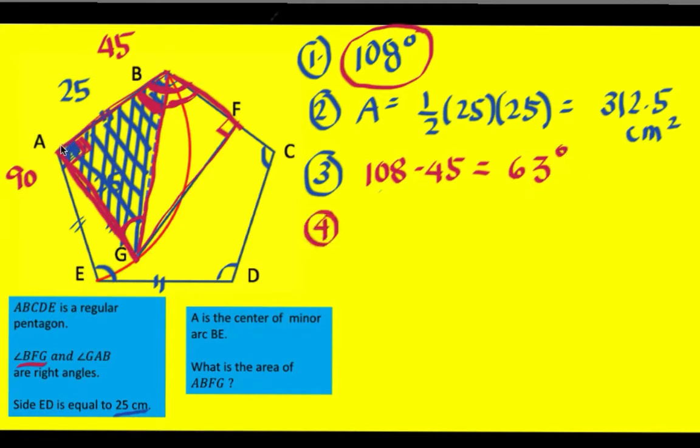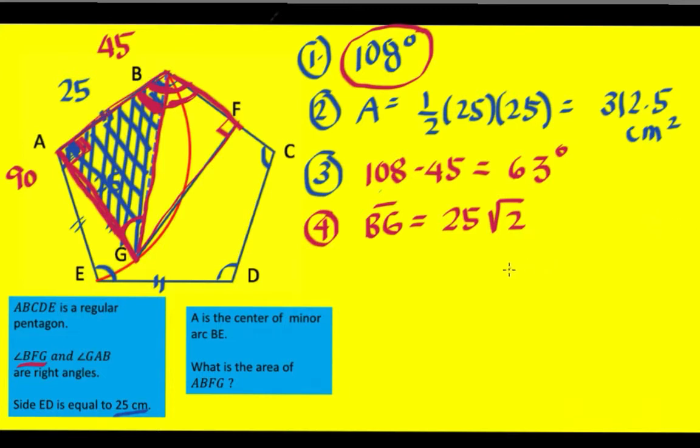Next, if you know that this is 25 and this side is also 25, we'll be able to compute the length of this hypotenuse, knowing that the triangle is a 45-45-90 special triangle. And there's a formula to find the length of this hypotenuse, that side BG is equal to the length of the side, which is 25, times square root of 2. This is from the properties of the special